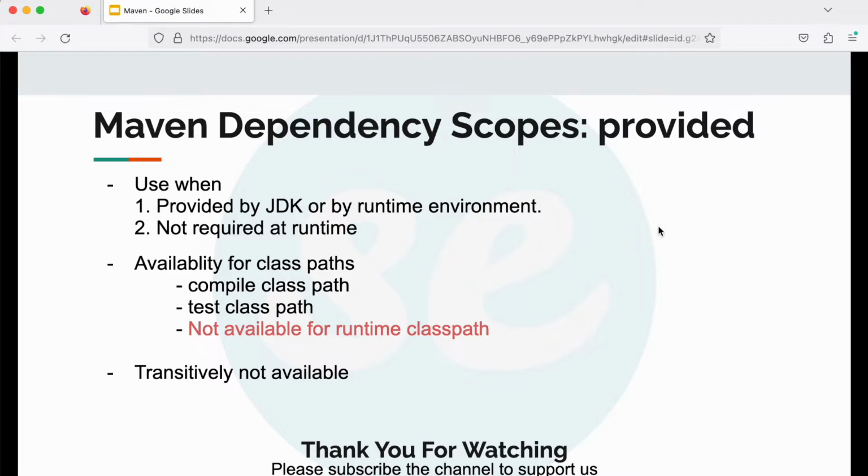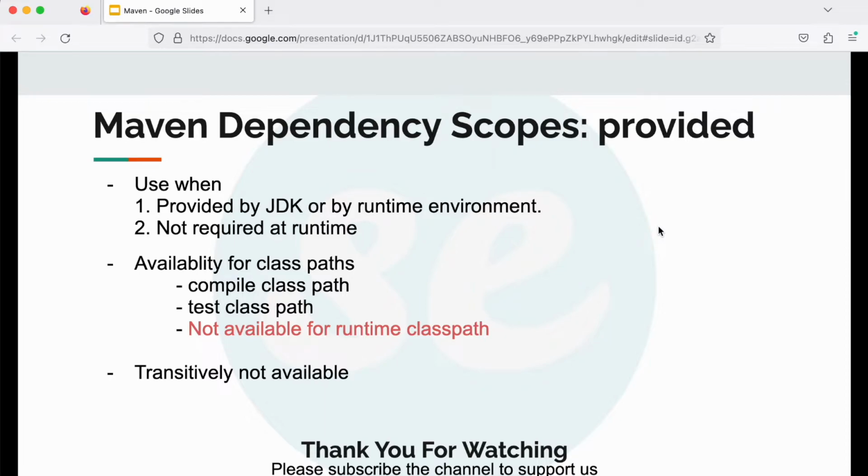The next thing is, whenever we are building our application and creating the packaged file, the dependency will not be added in the packaged file, and because of that this is transitively not available. So the dependency will not be available to the downstream projects.